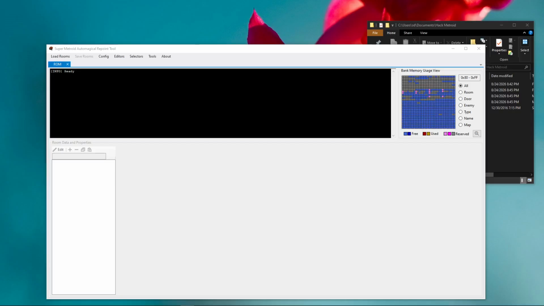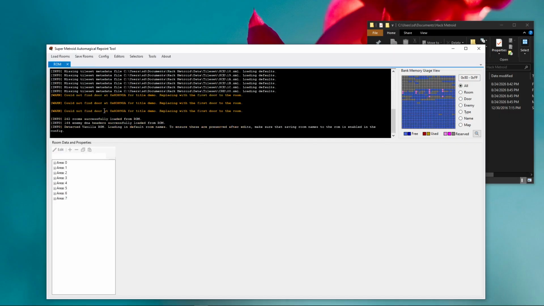Now I'm going to cover loading a ROM and exploring the rooms. So the first thing you do is load from ROM. It gives you a few messages and it includes these warnings, but you can ignore them. They are completely fine. You can see that these areas here appeared, and these are the 8 areas that are